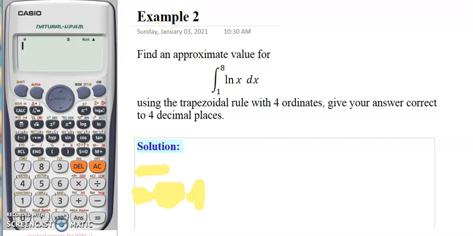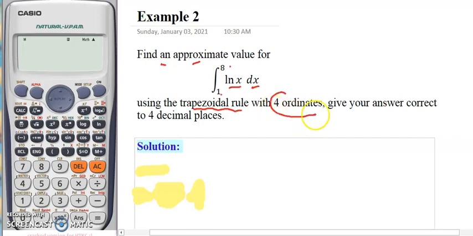In this video, we're going to learn how to solve questions related to trapezoidal rules. We're going to use example 2 in our lecture notes as reference. In these questions, they ask us to find an approximate value for the integral of ln x with respect to x from 1 until 8 by using trapezoidal rules with 4 ordinates, and give the answer correct to